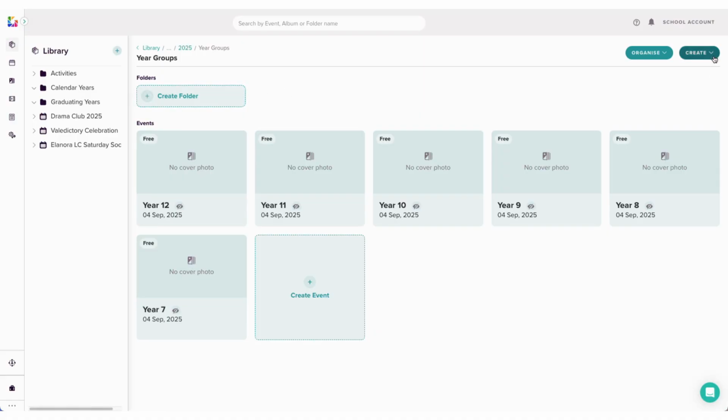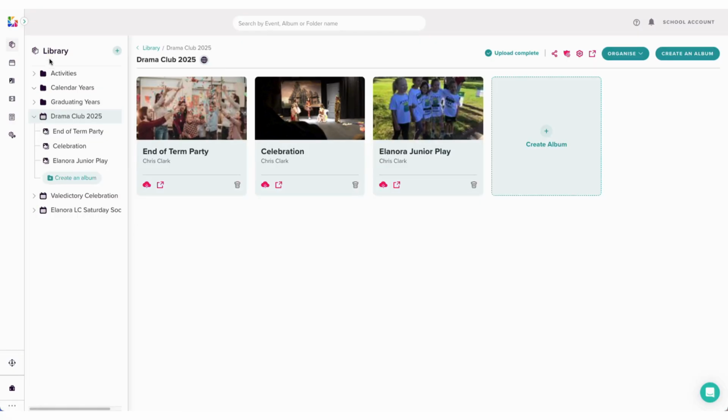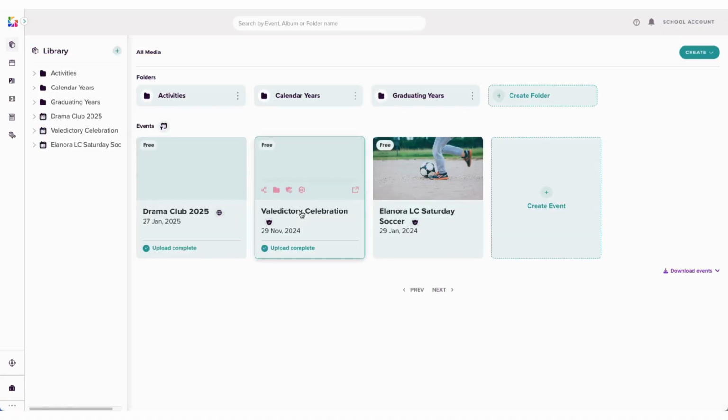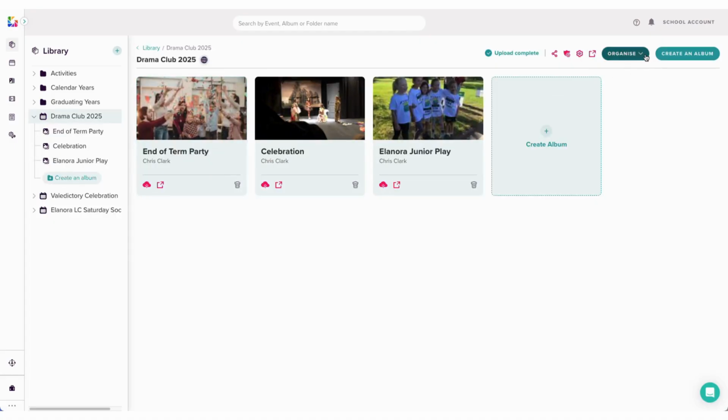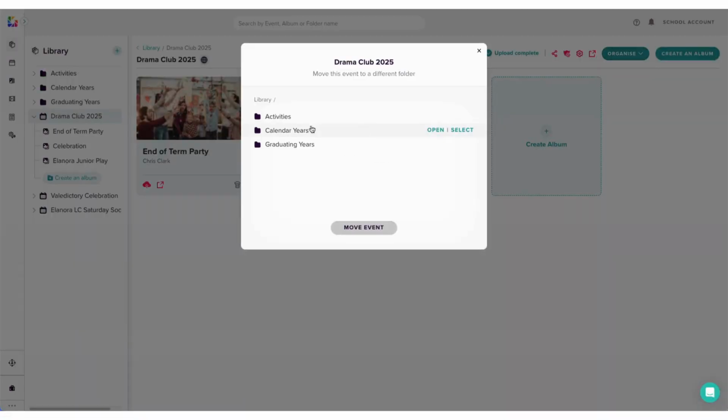In any folder that I want, I can create activities, year groups, whatever I want to do. If I've already created an event down here, I can actually move this event. So if you come back, the events that we were working on were all down here. I can click on the drama club and I can organize this, and I can say I'd like to move this event. I'd like to move it to a calendar year,